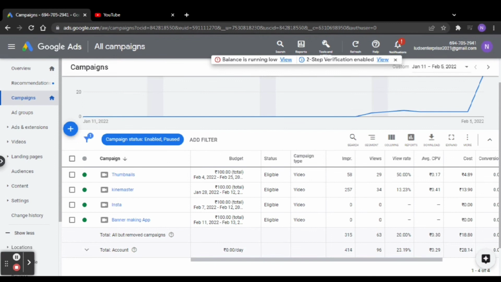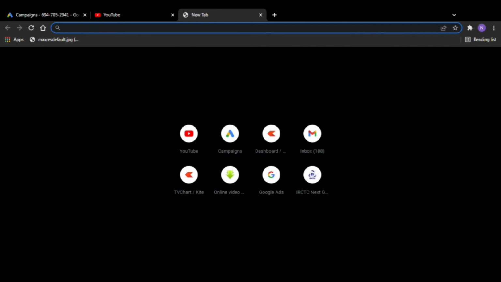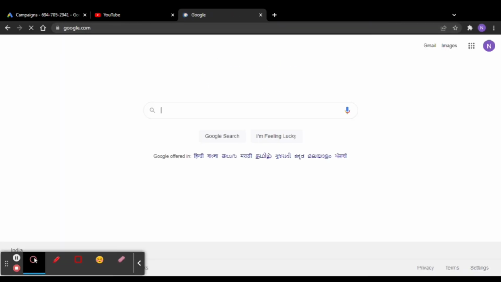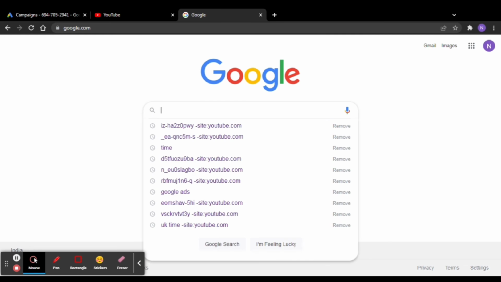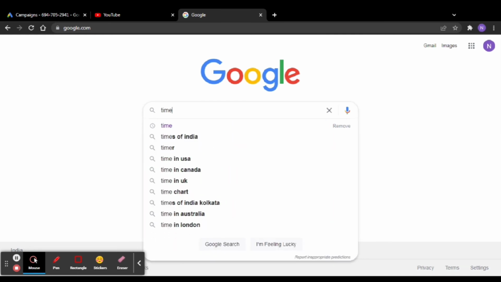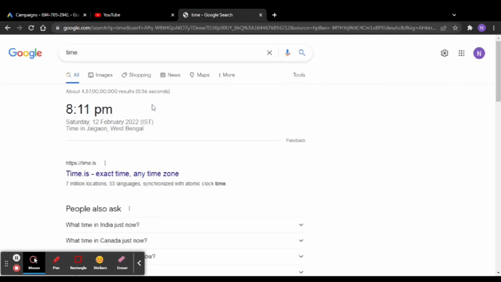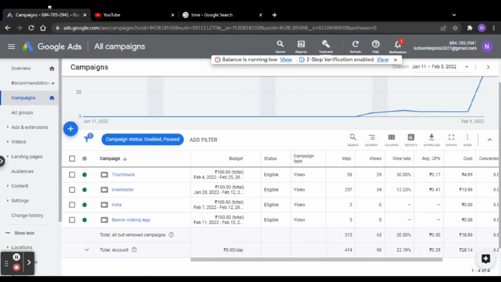Hello guys, I am again in the campaign page after 1 day और मैंने बहुत सारा research किया and we will see today's date and time. जैसे कि आप लोग देख सकते हैं कि today's date is 12 February and the time is 8:11 p.m. Almost 1 day हो चुका है। और फिर से campaign page पे जाएंगे